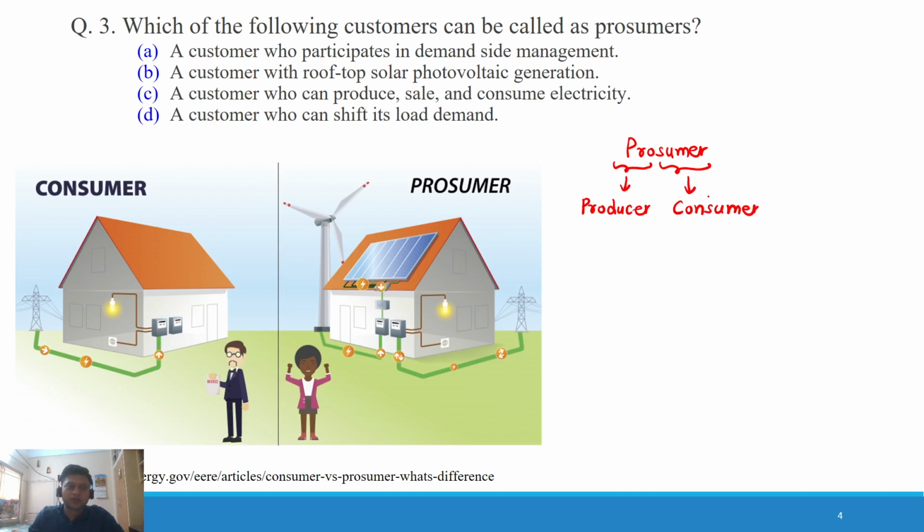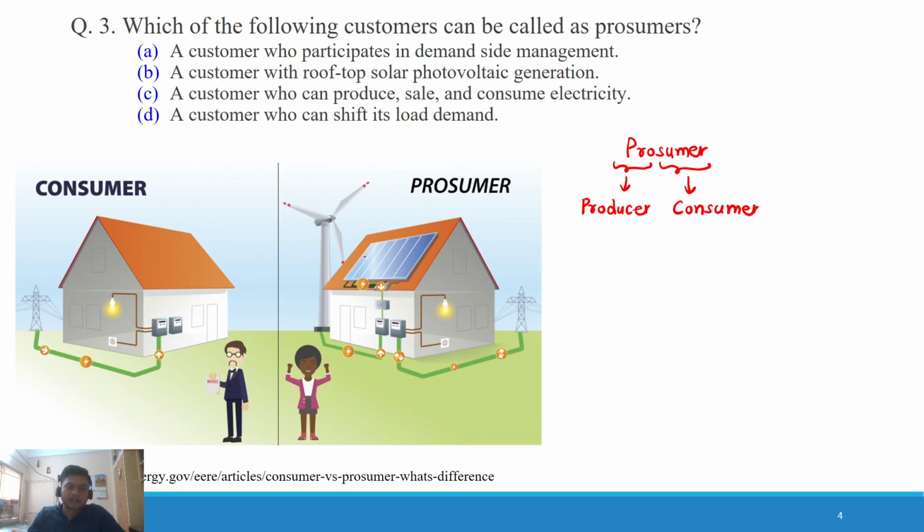A consumer only takes power and pays the bill, whatever charges the utility companies take for giving power to the customer. While a prosumer is not only taking power from the grid,